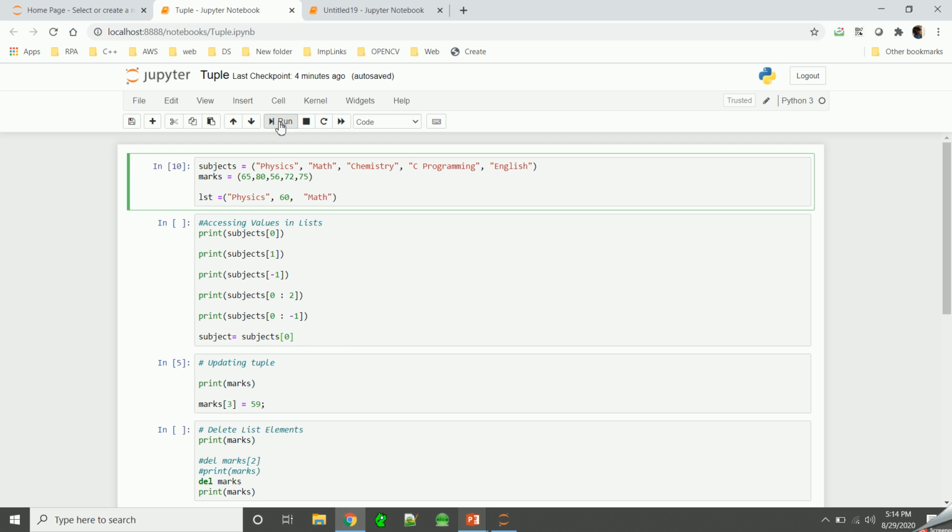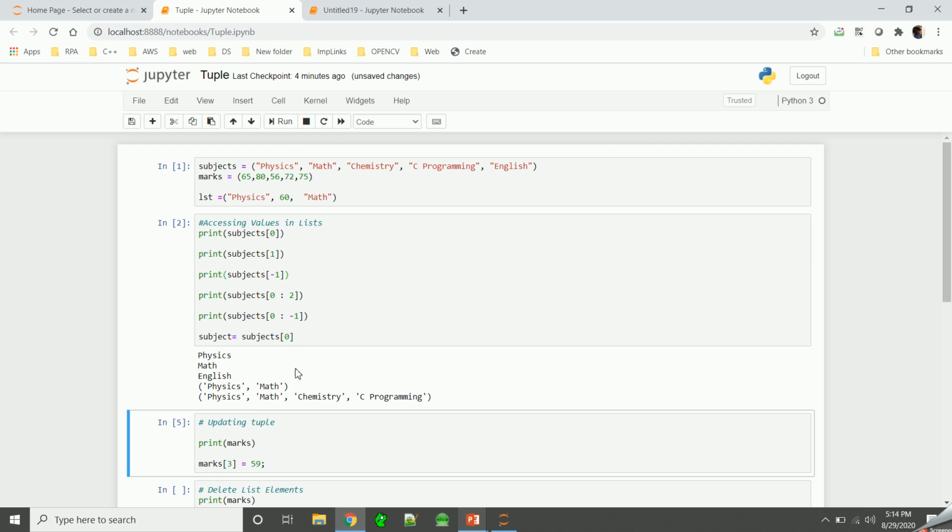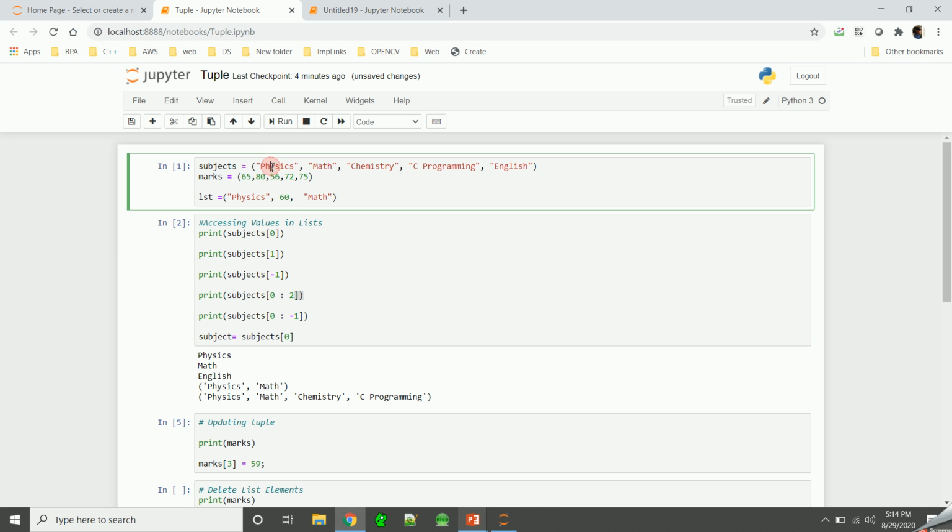First we'll run this cell and then the next cell, and now you can see it is giving you the values. First it is physics, 0 means physics, 1 means math, and -1 indicates the last element, so it is English. Then from 0 to the second element, that is, we want 2 elements from location 0, so it is 0 and 1, so there will be 2 elements.